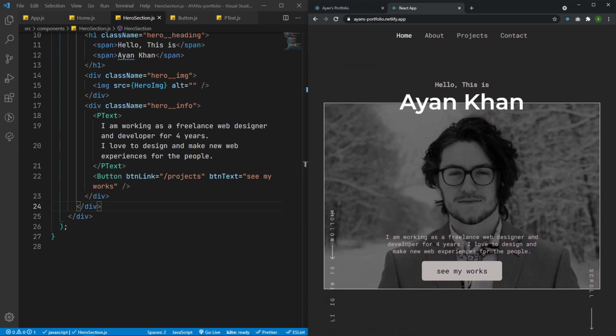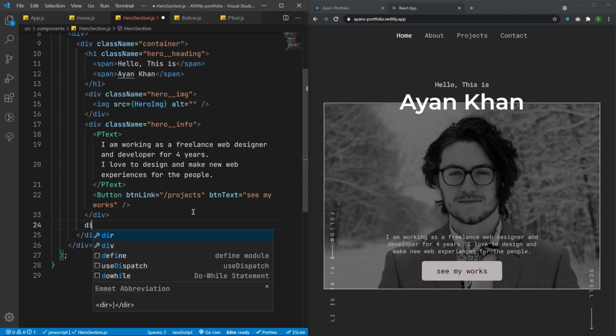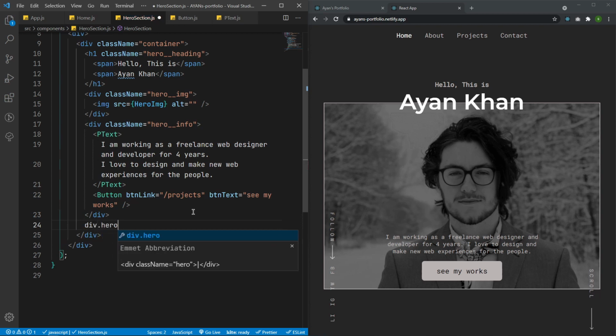After the button, let's have the follow indicator. As you can see, this follow, let's do this social follow here. So for that, let's go to our hero section, and after these buttons, after this whole hero info div, let's create a hero social div. So a div with a class of hero--socials,